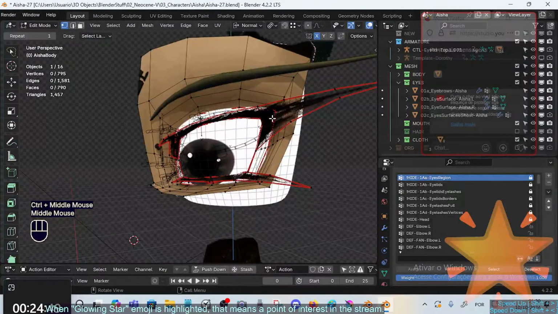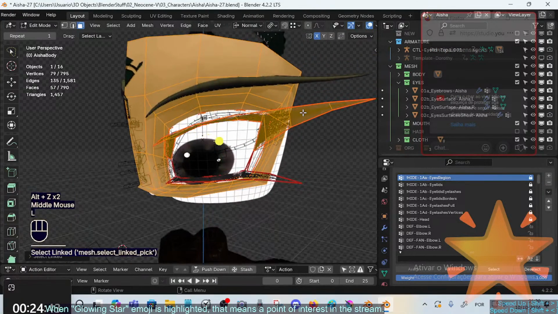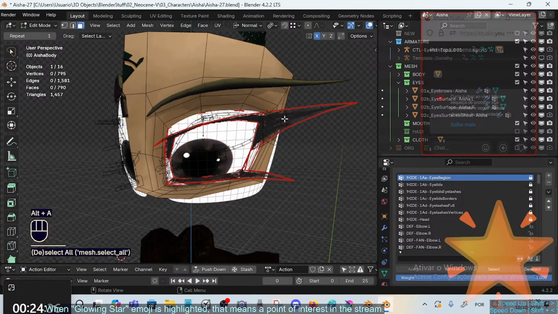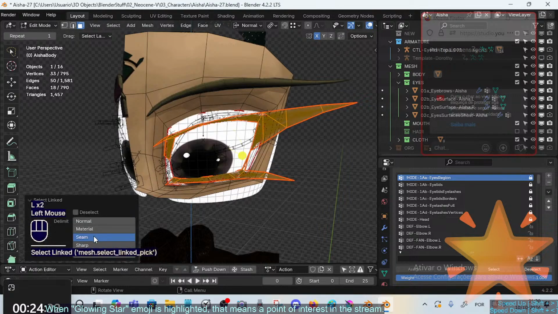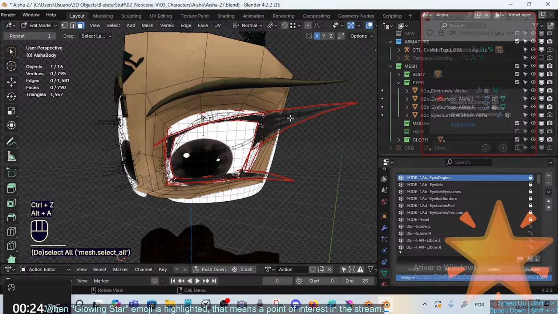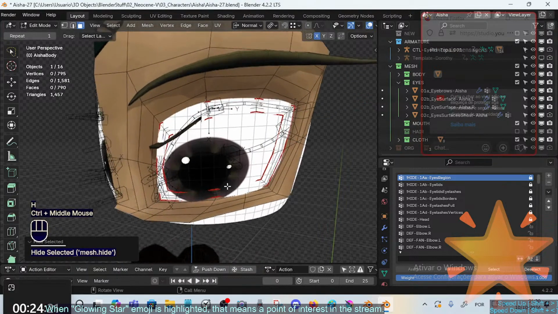The eyelashes, we don't want to be looking at them, so faces, select mode the faces, right? And also the material, link material. Well, seam also works, but let's use material here. Hide. All right, then